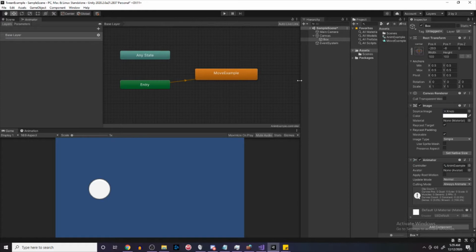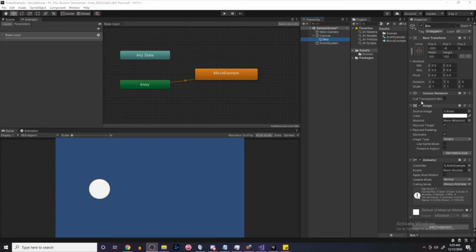And then the second big reason is that imagine you have a bunch of little objects that you need to animate. Having to hand animate every single one and add an animator to it and do the animation manually can be very, very tedious. So let's see how we can fix this problem using